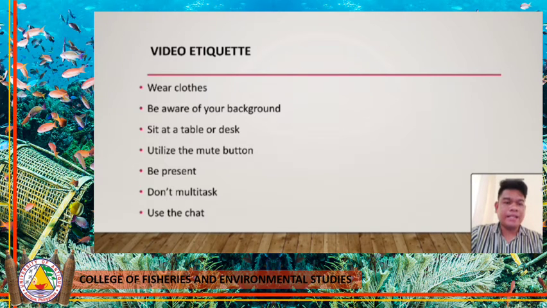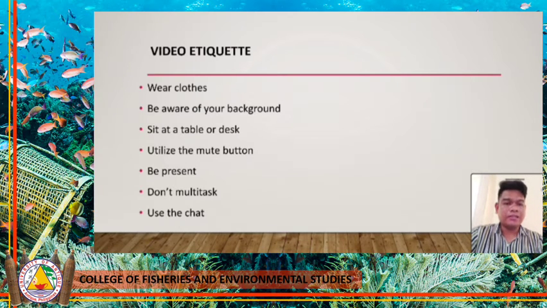Don't multitask. It may be very tempting because your computer is already open. All it takes is one click, and you'll be in a new tab surfing the wide open internet. But remember, this is still a class. Being distracted and missing information or an invitation to speak can quickly derail a virtual meeting.